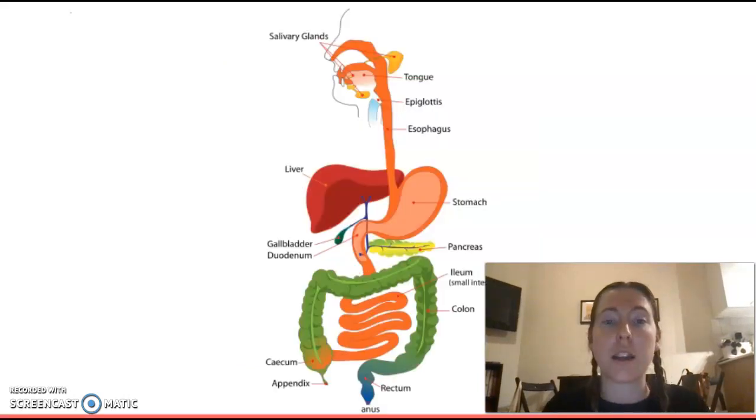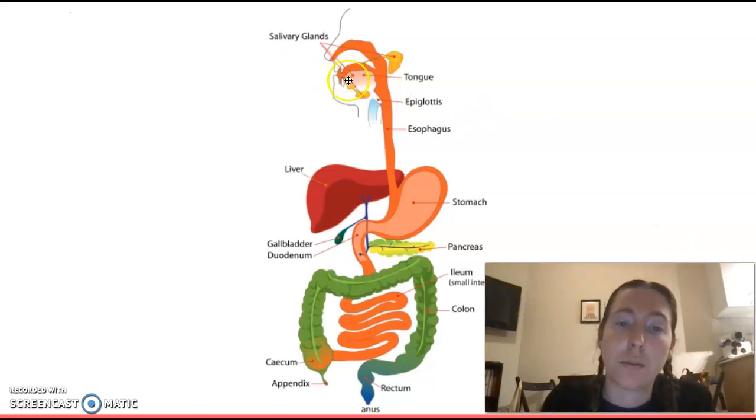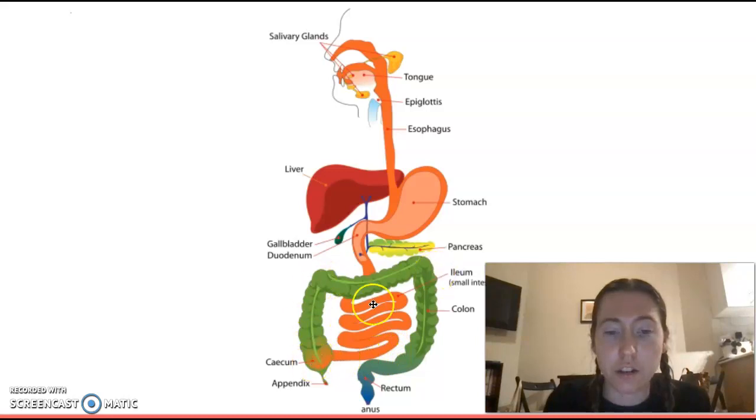So this first slide is just an overview of the entire digestive system. Up here we can see that it starts in the mouth and that we go down the esophagus into the stomach, into the small intestine here. This first portion is called the duodenum. The ileum, which is the next portion. And then we go into the large intestine, starting with the cecum, ending with the colon and the rectum, and